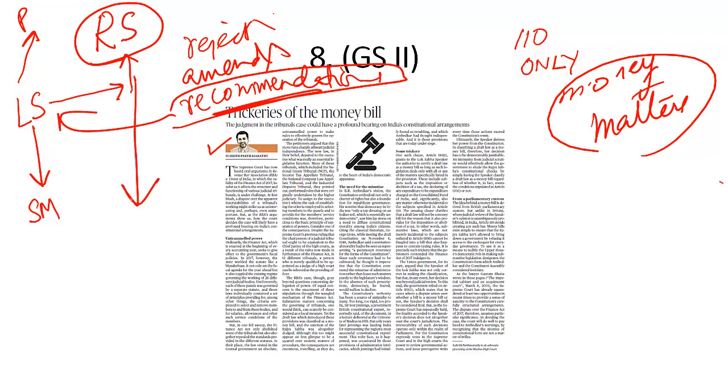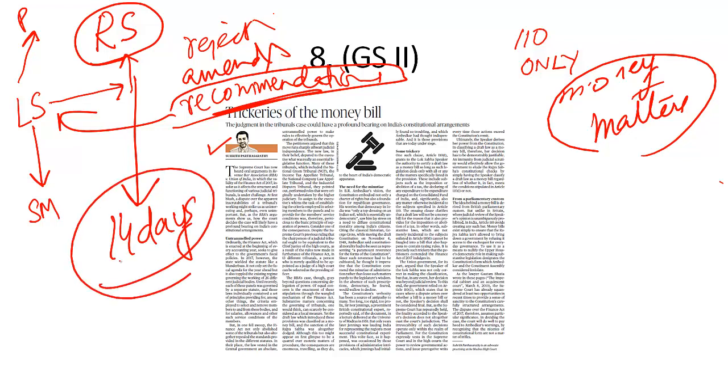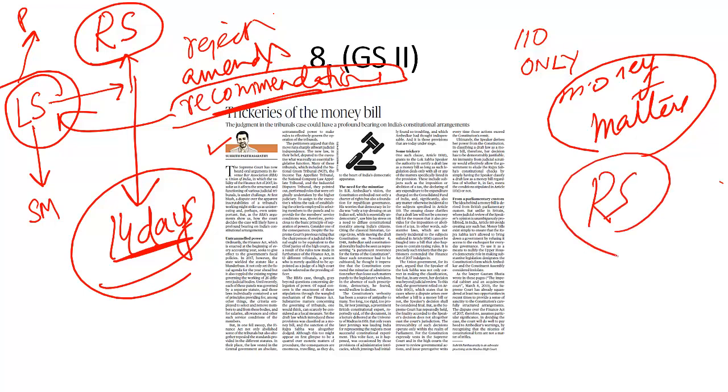And if Rajya Sabha does not act on this money bill for a period of 14 days, at the end of the 14-day period, the money bill shall be deemed to have been passed in the same form it was passed by Lok Sabha. That means Rajya Sabha has absolutely no role vis-a-vis the passage of a money bill. And since the government is in a minority in Rajya Sabha, the government did not want the Aadhaar bill to be defeated by the Rajya Sabha.